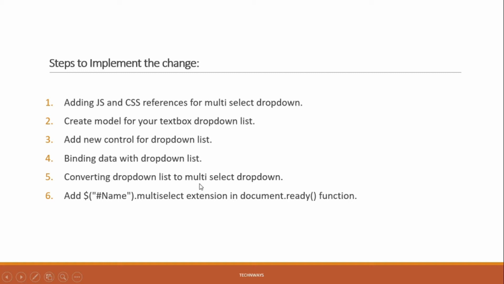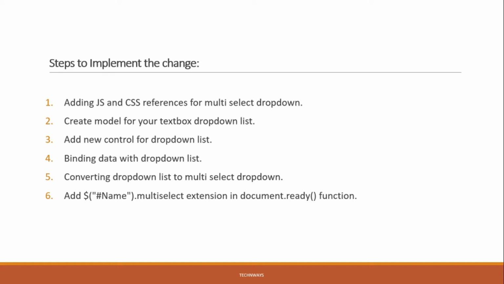So basically, for adding that multi-select dropdown, we have some JavaScript files and some CSS files for that multi-select. Firstly, we need to find those references and implement them in our reference area. Then we need to create a model for that drop-down list. Then we need to create the drop-down, and then further we will be binding the data with the drop-down